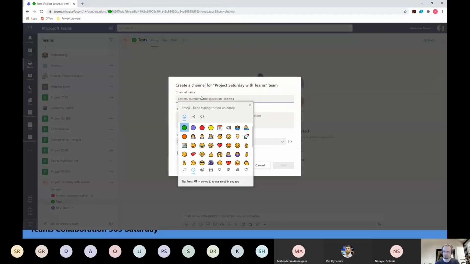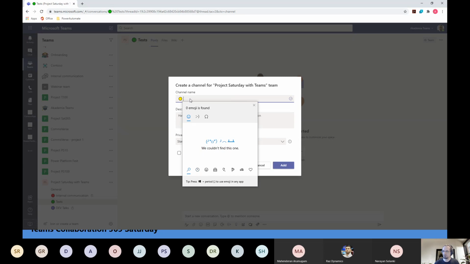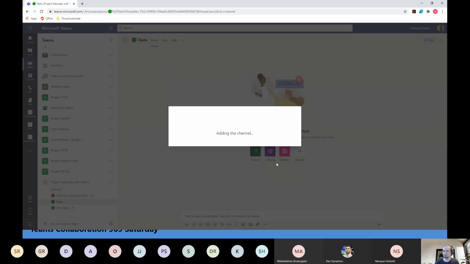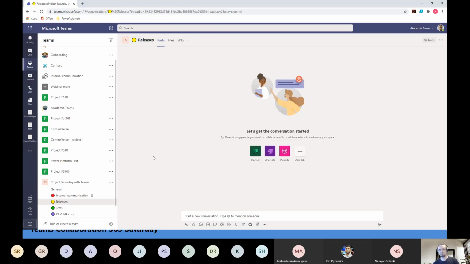And the last one, we have a yellow circle and also a standard channel for releases. So we create a basic structure, very basic, only 4 channels: general, of course, with colors and emojis, and two private and two standard. So then we can easily invite external users, external customers to our team and share with them only information that